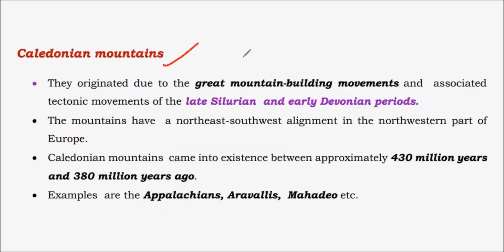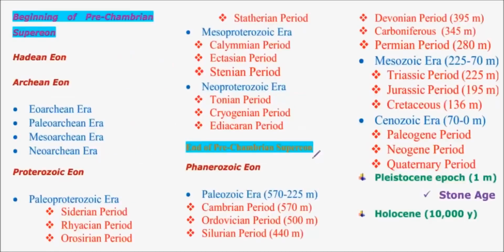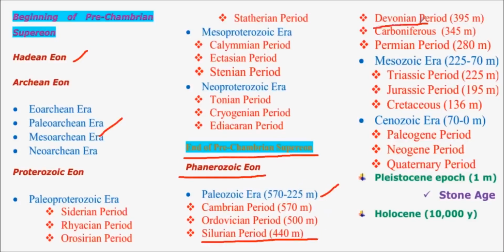And Caledonian mountains are the mountains which originated during the great mountain building processes that took place between the late Silurian and early Devonian periods. Let's see what these geological time periods are. This is how the timeline of Earth is divided into supereons and then eons, eras, periods, etc. After the end of the Precambrian supereon, it is the Phanerozoic eon, which consists of the Paleozoic era. And in the Paleozoic era, which ranges from 570 to 225 million years ago, there are periods such as Silurian and